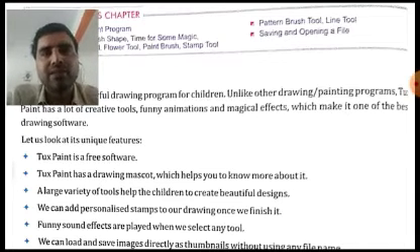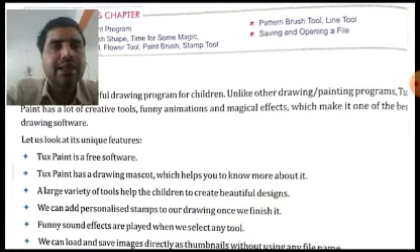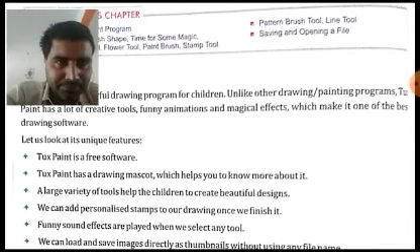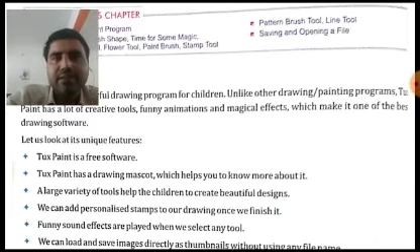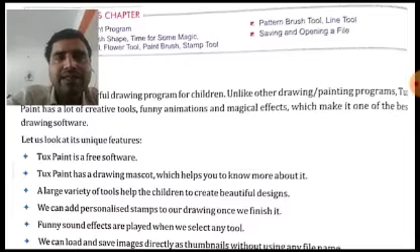Whenever some message or some information has to be displayed, whenever Tux Paint wants to display some message, it will use the drawing mascot for that, which is the naughty penguin. Then a large variety of tools help the children to create beautiful designs. Then we can add personalized stamps to our drawing once we finish it.